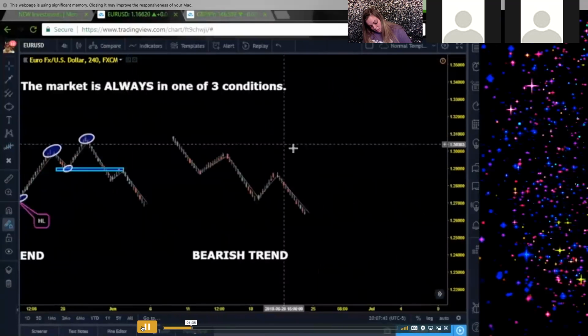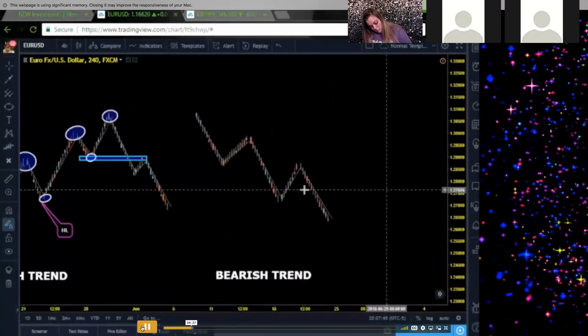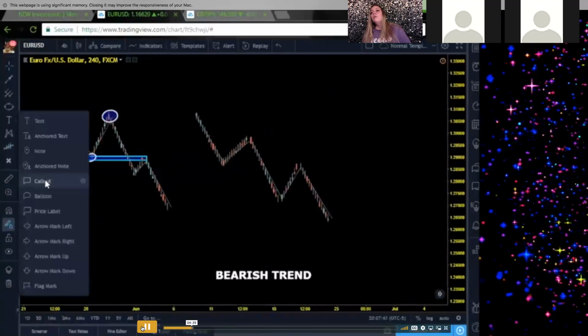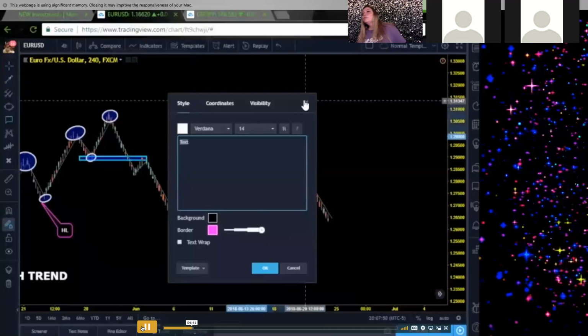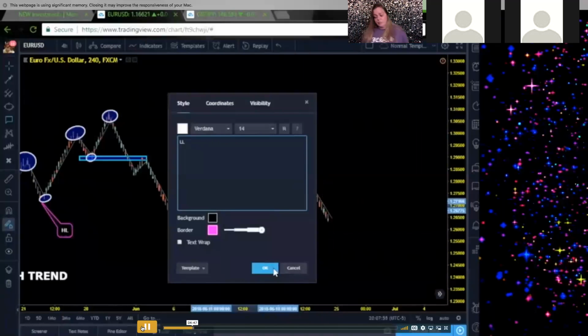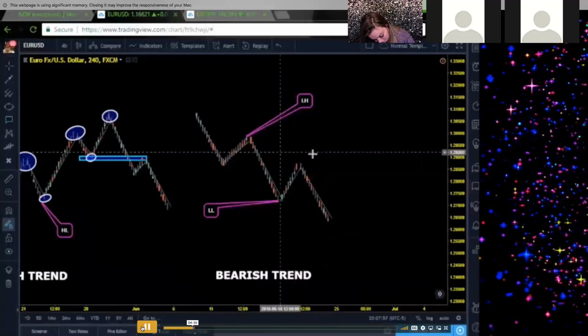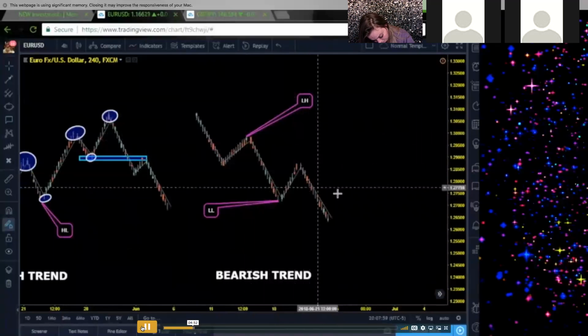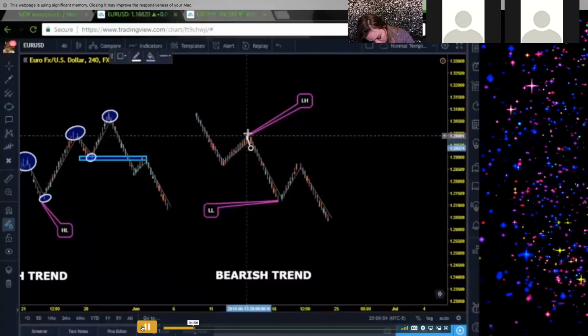Now, guys, same situation, just flip it, okay? Bearish trend means that we are making lower highs, and we are making lower lows. Very simple. So there are lower peaks coming down, there are lower lows coming down, and this is the